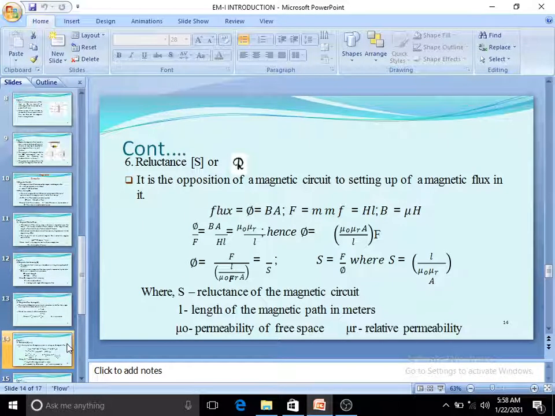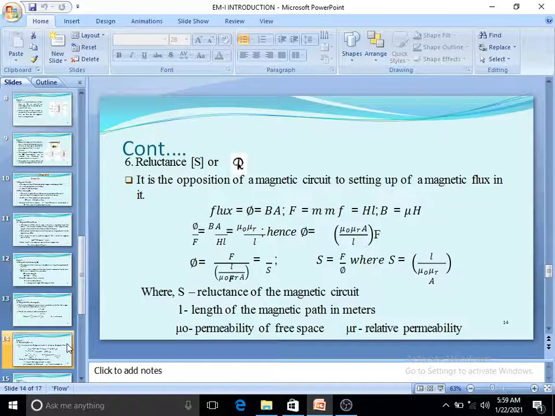So next, reluctance. Yeah, this is somewhat important. Most of the competitive exams may focus on the reluctance formula. They may ask a small problem in the competitive exams. So here, what is a reluctance? What about the resistance? It opposes the flow of current, flow of electrons, which is nothing but your resistance in the electric field. Same as the resistor there, here reluctance, that's the difference. There electric field, here the magnetic field.